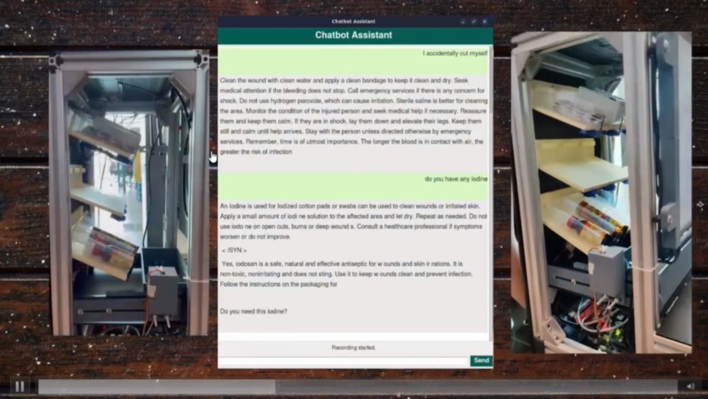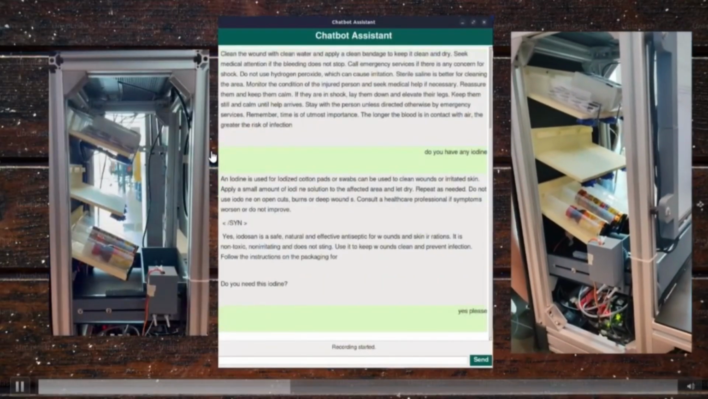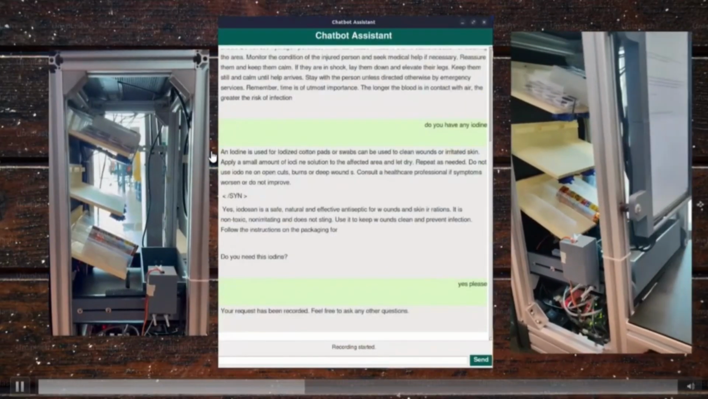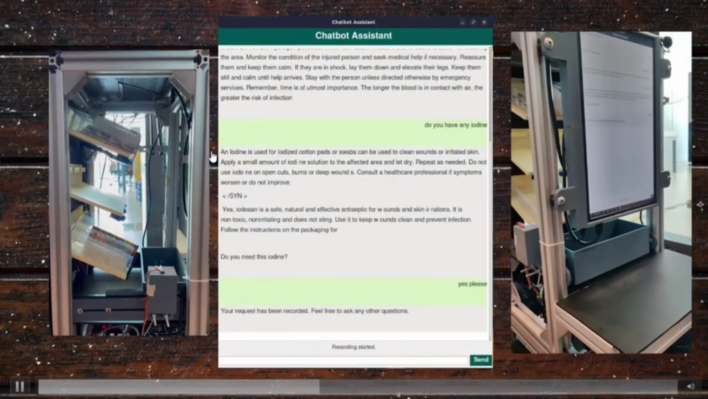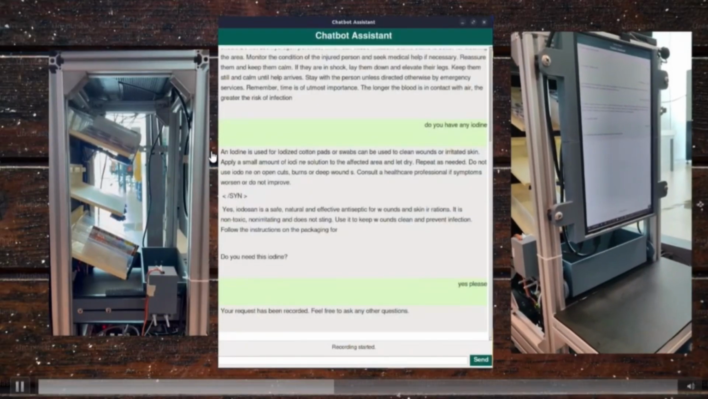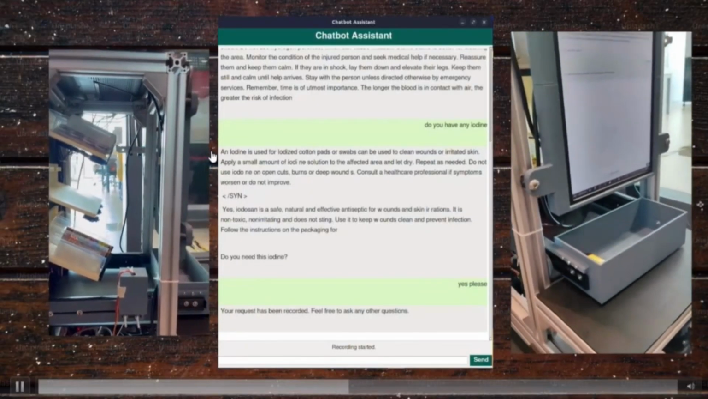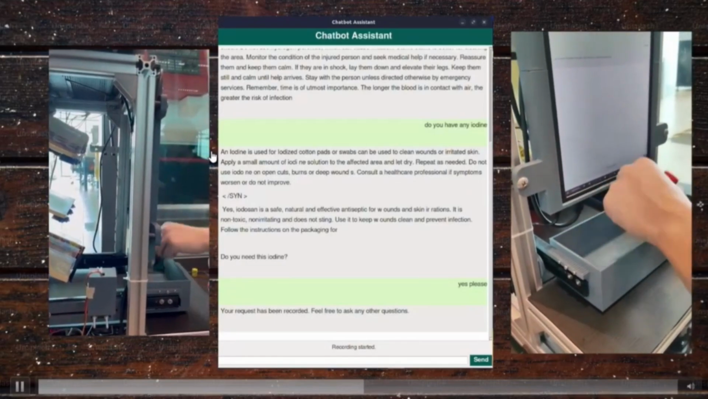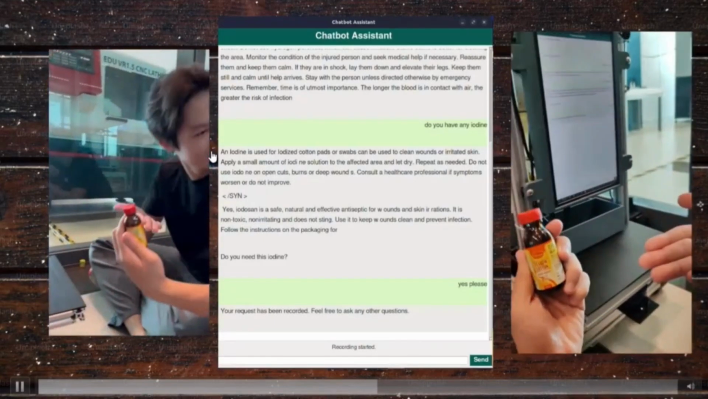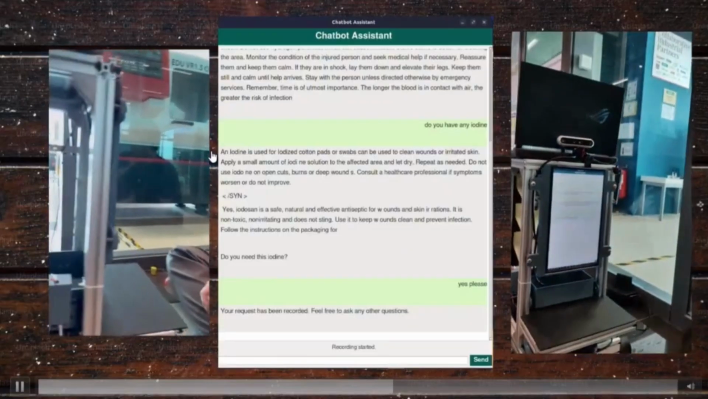Yes, please. Yes. As you can see, the automatic drawer will be